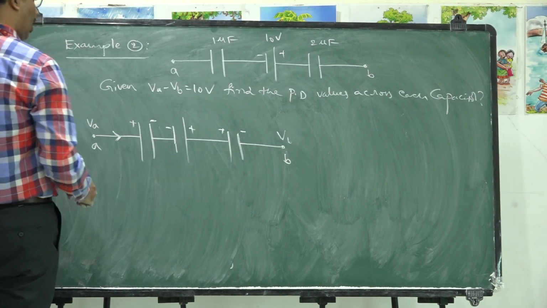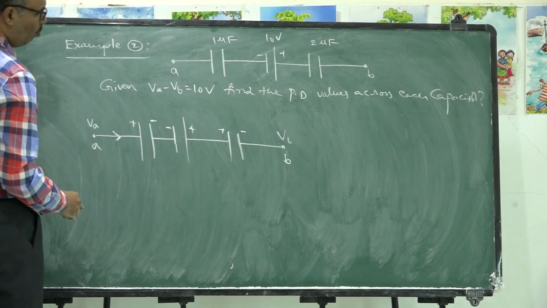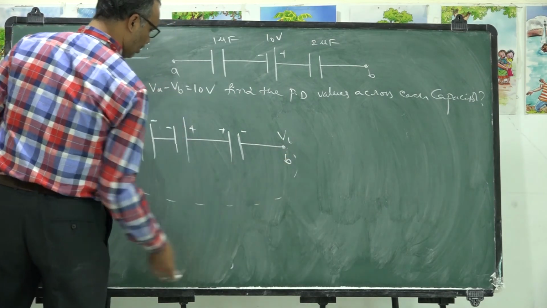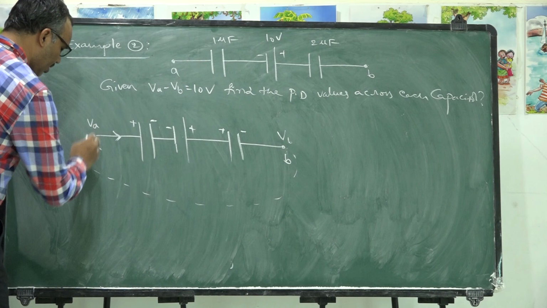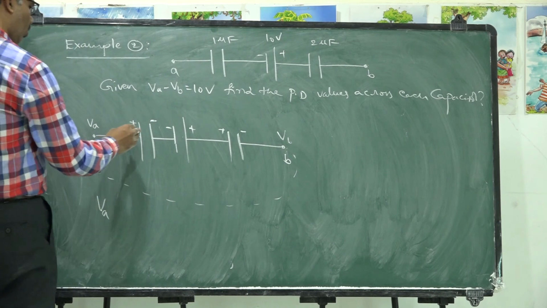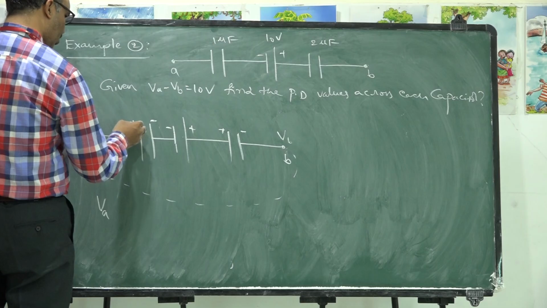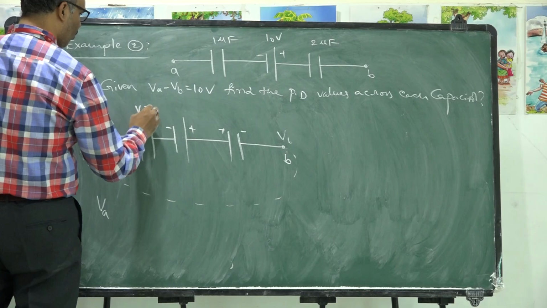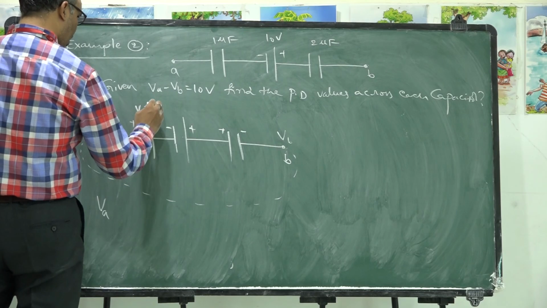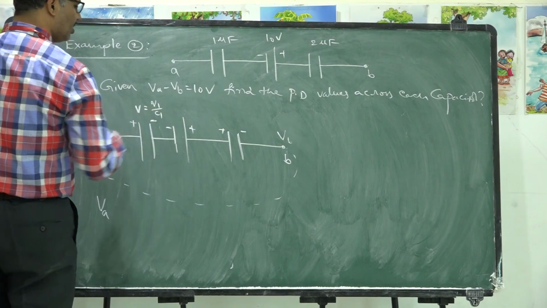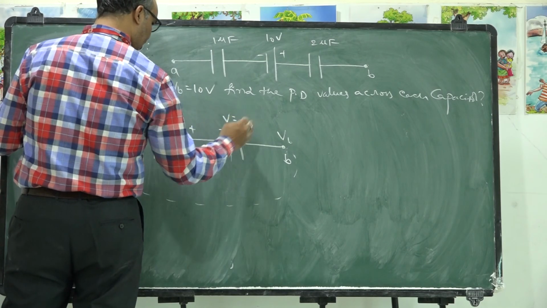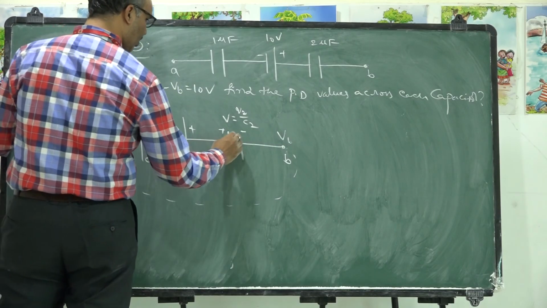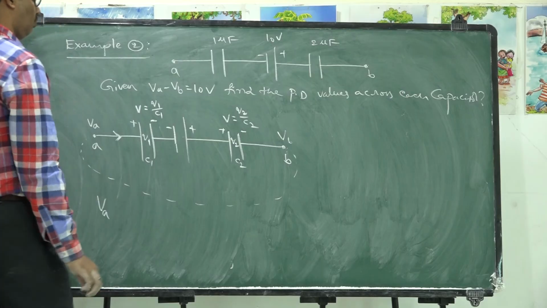Now let me apply Kirchhoff loop equation. Let me think it's a loop like this. Now let me apply Kirchhoff law here. Here is a potential VA. You are going from positive plate to negative plate. So drop of potential is available here. Here potential is calculated by Q by C. The charge available on this Q1 and its capacitance is C1. Here the potential is Q2 by C2. Let Q1 is the charge available, its capacitance is C1. Q2 is the charge available, capacitance is C2.